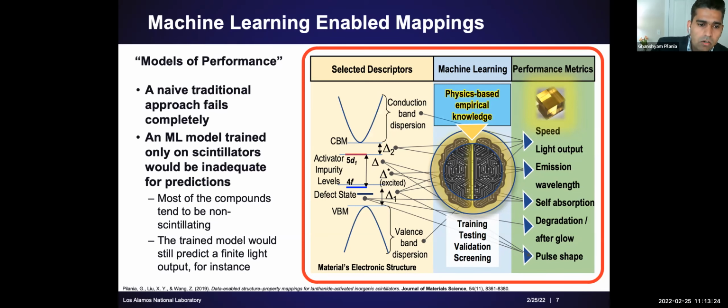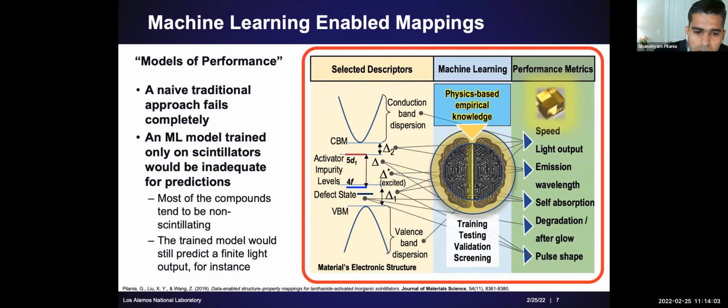So naively, one can think of, on the right side, I have a property portfolio. These are all the properties I care about in scintillators. On the left, I have descriptors or fingerprints or attributes of materials. And so these are my material representations. These can be composition, configurations, or features of electronic structures as shown here. And then the problem is to use machine learning and integrate all the possible physics of the problem and develop a nonlinear mapping algorithm that allows you to go from materials to properties.